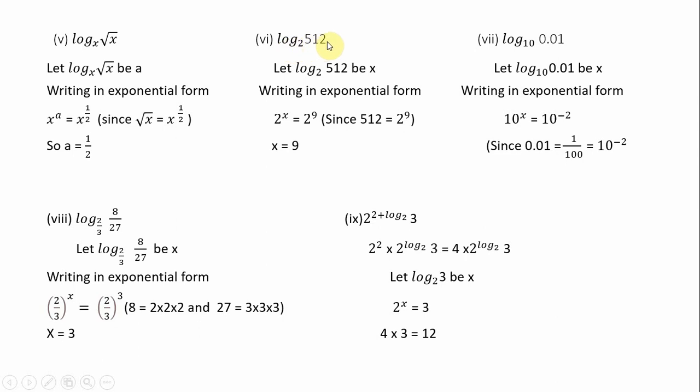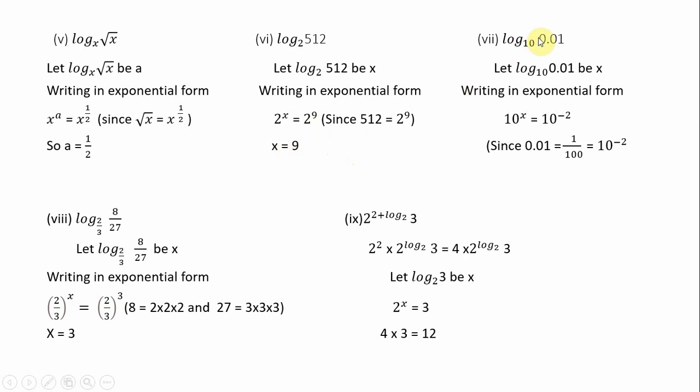Another question, log 512 base 2. This is the question which was given a number of times. This question and the 0.01 question and this question. The last four questions were very important questions. Log 512 base 2 is given to you. Let us assume that log 512 base 2 is equal to x, and writing in exponential form you get 2 to the power of x is equal to 512. Do the prime factorization with 2 only, no other number. So take 2, you are going to get 9. So 2 power x is equal to 2 power 9, hence x is equal to 9.